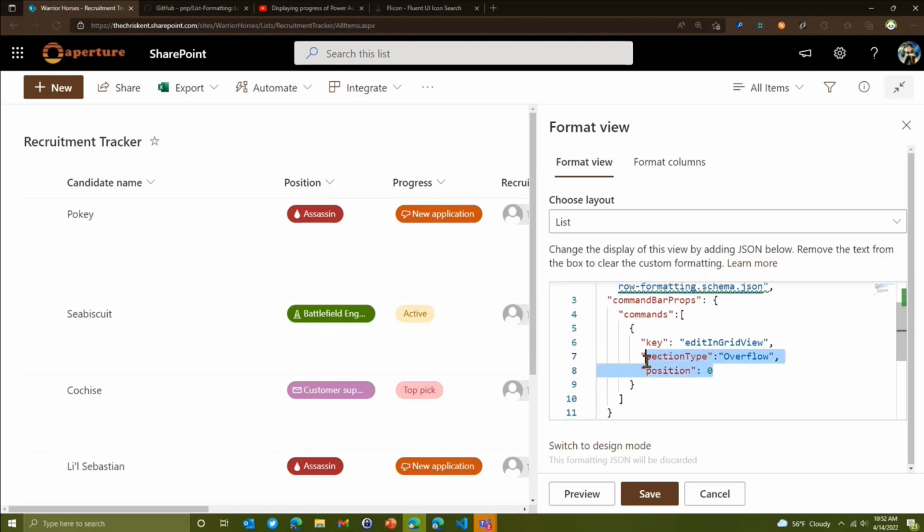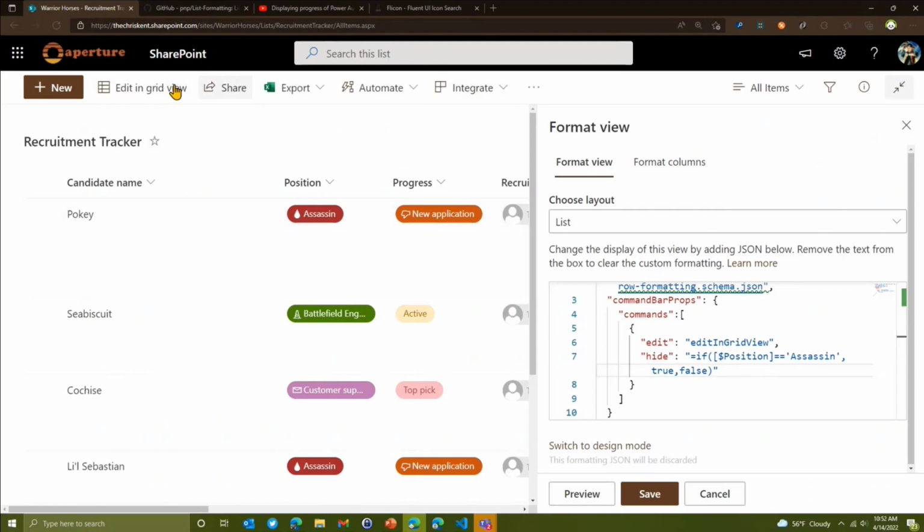But first, I want to show you that in almost all of these properties, right, we could say expressions in here, right? So we could say if our position column, our position, right, equals assassin, and let's make this the edit button, all right, and we're going to say whether we want to hide it or not. All right, so we're going to say if the position equals assassin, then yeah, hide that thing. Otherwise, let's not. And so that looks a little weird at first, right?